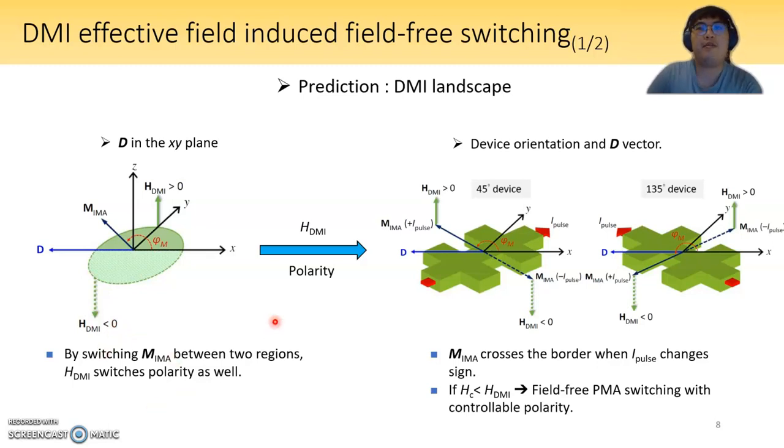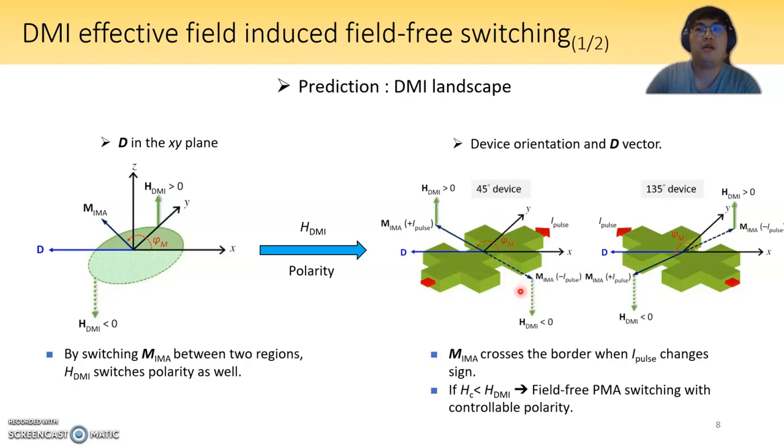Let's say the IMA magnetization follows a tilted scheme, so for example, if we manufacture a 45-degree device on the XY plane,